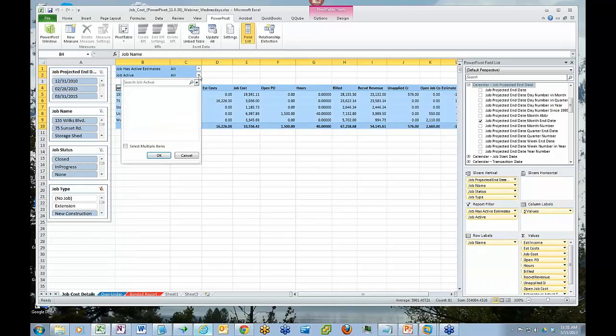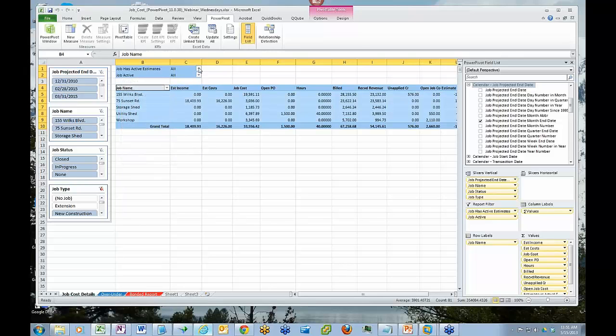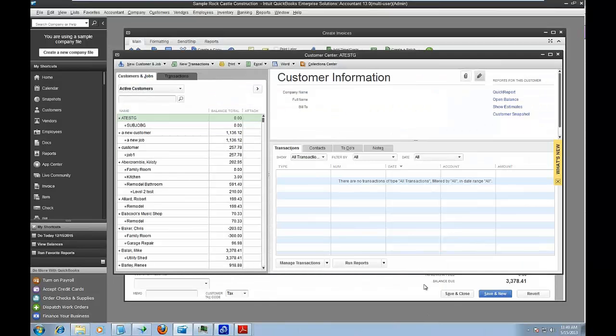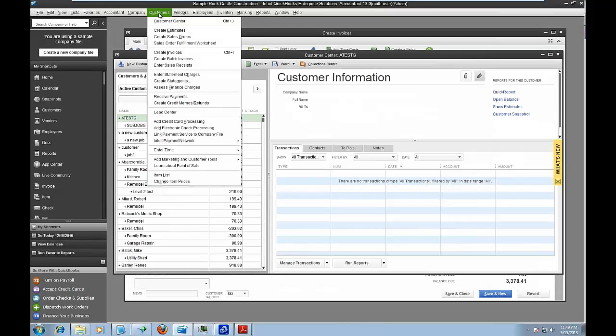Could use active. This is generally an overall thing. These were all active at this particular point. This is another one here that is curious: has active estimates. One of the weird things that QuickBooks did in their estimates system